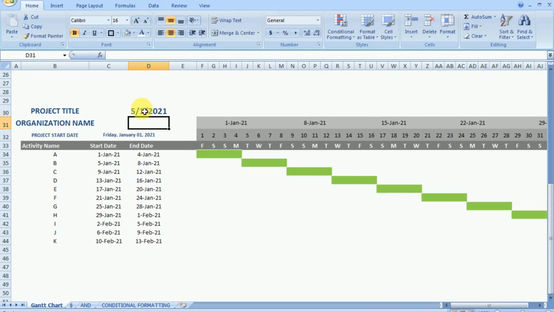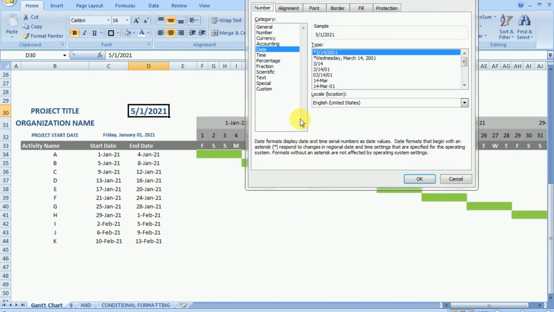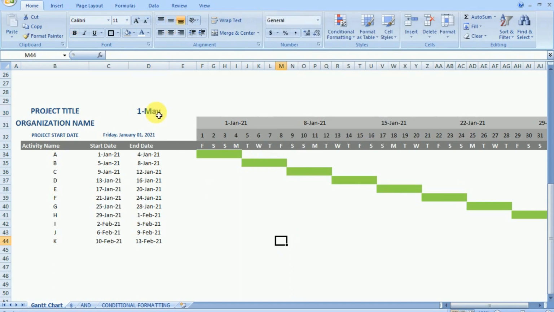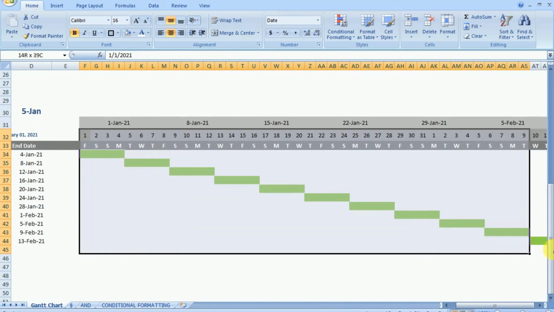So conditioning again, first changing the format. So we will keep 1st January 2021 as the status date. Now we want 5th January to be represented on this time scale.